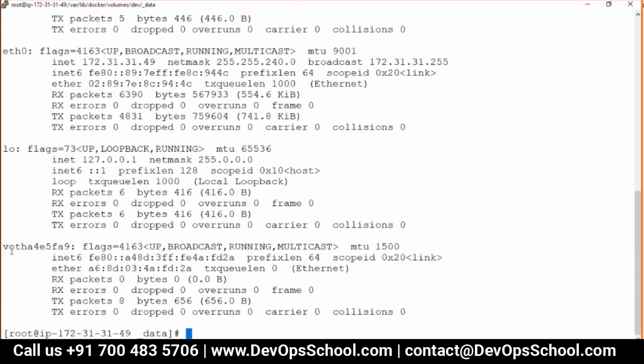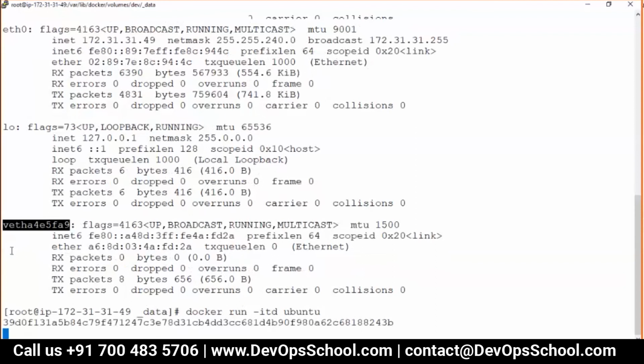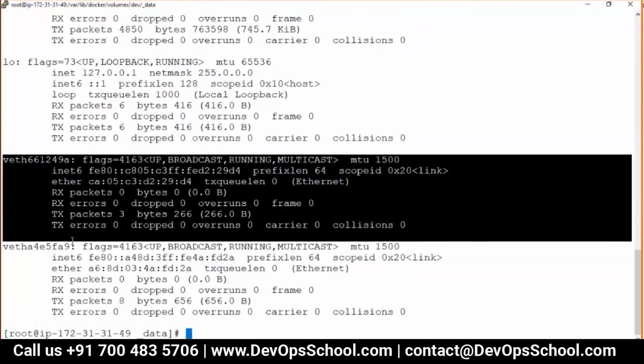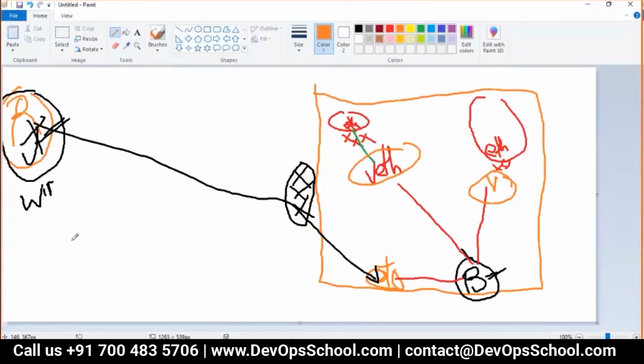Through that, your container is connected to the bridge, and the bridge is connected to eth0. So this is a veth. Can I create one more container? Created one more container. See, 2 veths. So one container, one veth. Guys, did you understand how it works?